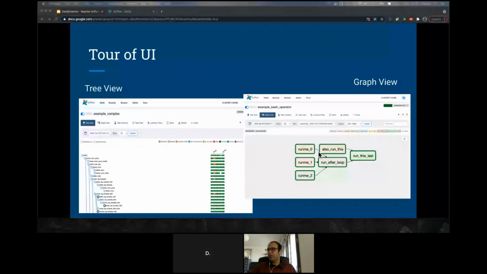Then you have also the graph view. So graph view, it's more like, this is the view which I was talking about. So right now the script has converted itself into a graph, and you can easily see like, okay, this task is running first and then this task will run. So there is a dependency graph which you can see. You can think of it as a Lego. So each of them is like a Lego block, and you can connect different Lego blocks to create a data pipeline for yourself or a DAG for yourself.